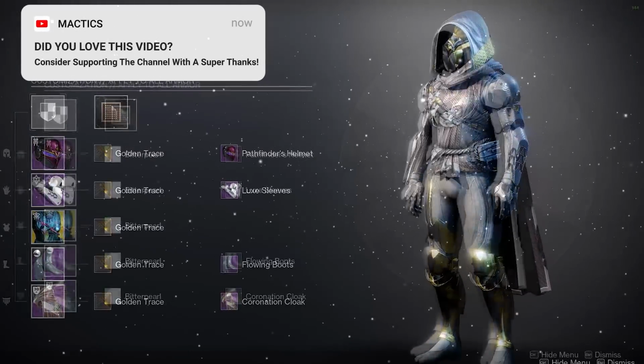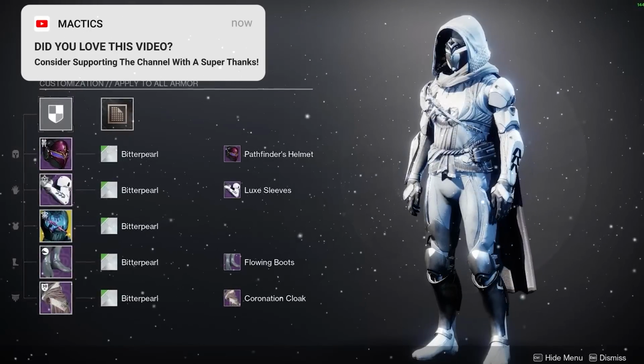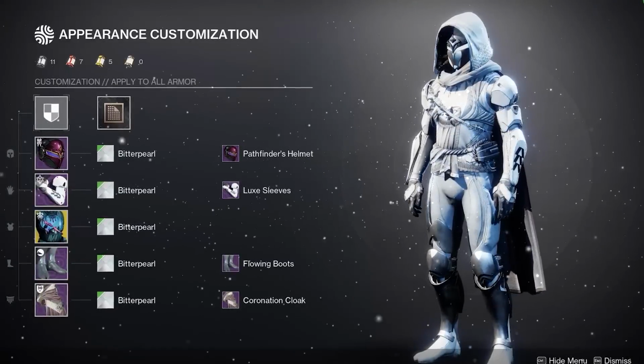The Gyrfalcon's Hauberk and the Omnioculus were practically made for each other, like peanut butter and jelly, SpongeBob and Patrick,